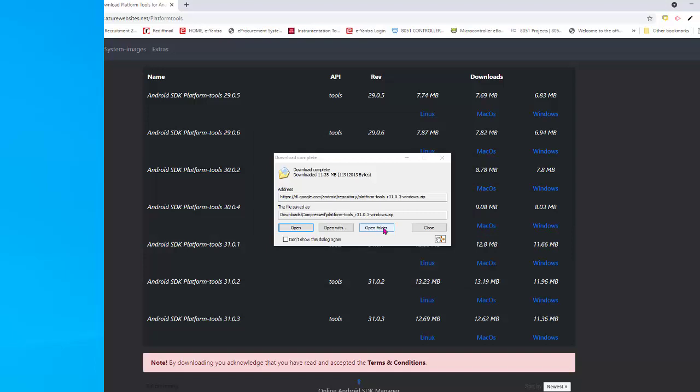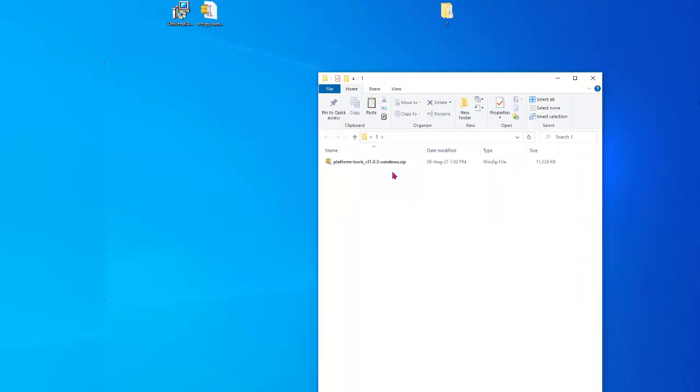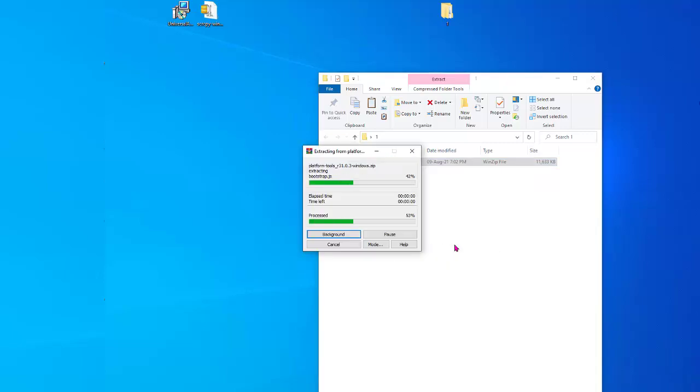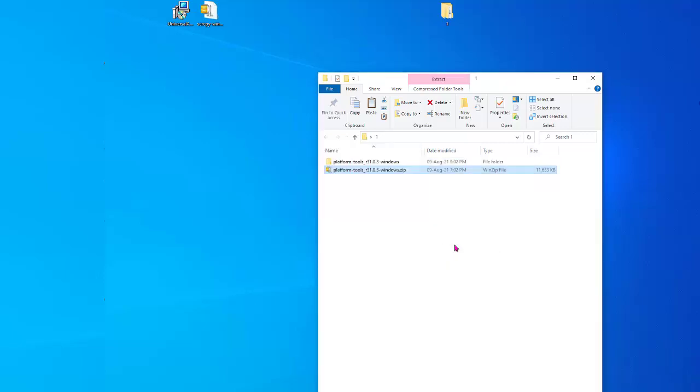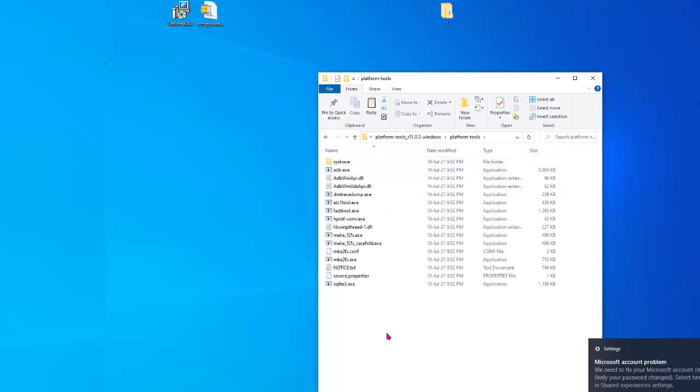Taking the file, copying and pasting it on the desktop. This is the file I have downloaded. Doing unzip. This is platform-tools, and inside this platform-tools so many files are here.